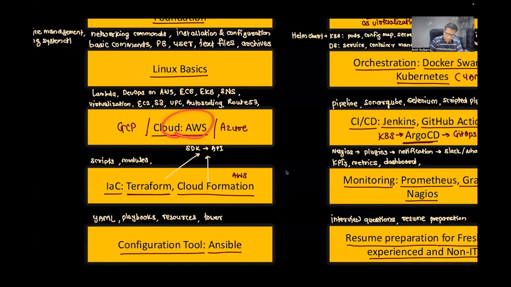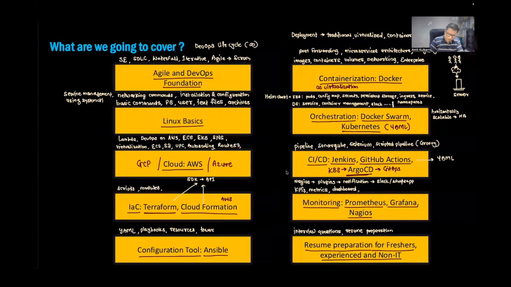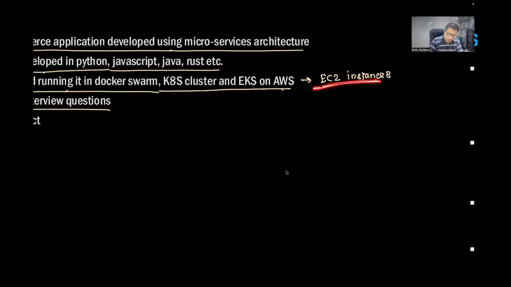Either you can do it on AWS or GCP or Azure. Once the virtual machine is available, you can start configuring. It doesn't matter whether it is running on cloud provider 1, 2 or 3. So I'll be showing one example of an EC2 instance, as I just mentioned here. This means once I show you this, you can also do it on a virtual machine on GCP as well as Azure.